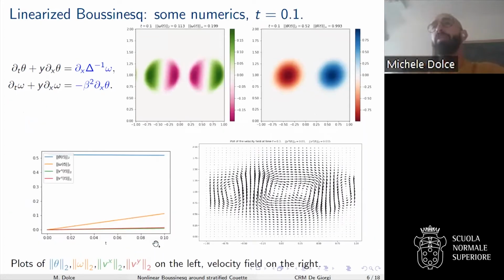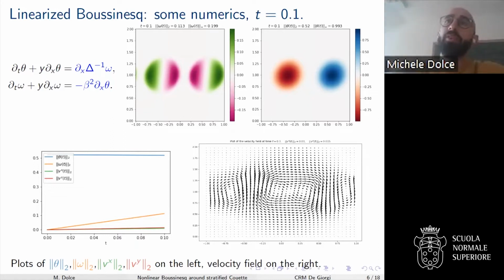Now, if you run your numerical simulation to time point 1, basically the shear flow has no influence, in the sense that it just tilted a bit our perturbation. But what is interesting is that you are creating some vorticity, right? Because you can think of this term as a source term. So vorticity is being created even if you start with 0 velocity. And here there is the plot of the velocity field that shows you how the fluid tries to restore what it thinks should be the equilibrium state. And then those are like 2 rods of vorticity, okay?